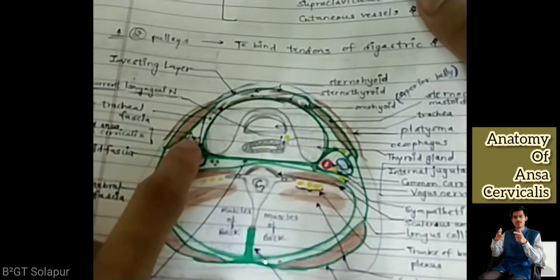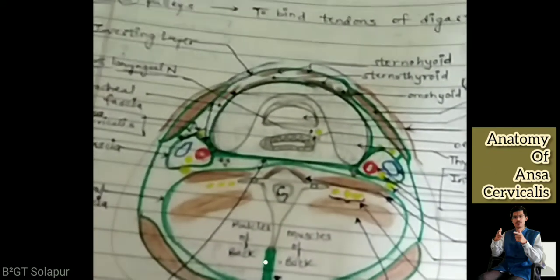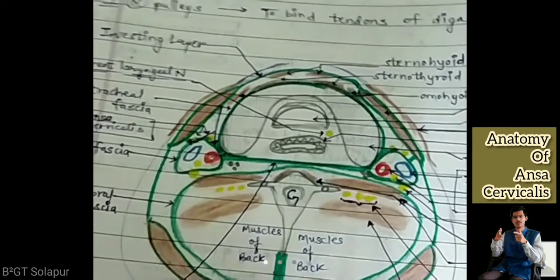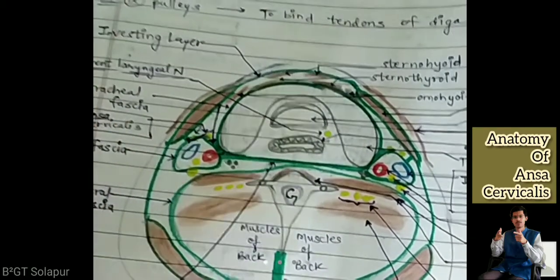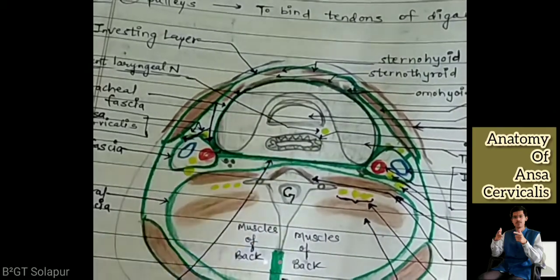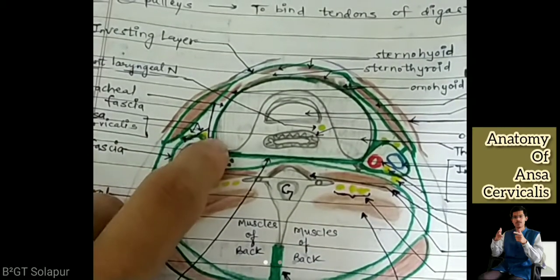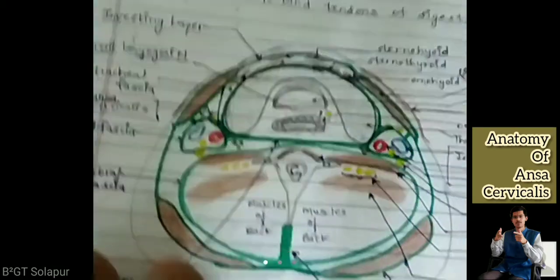If you see these two small arrows, I have written here, roots of ansa cervicalis. Actually you will not be able to see it in the video probably. Can you see two dots here and two arrows? They are the roots. It is like a mala, or like the tilak that people of ISKCON temple put on their forehead. If you cut it from between, you will be just seeing those two points. You will not be able to see the complete structure. Hope you get it.